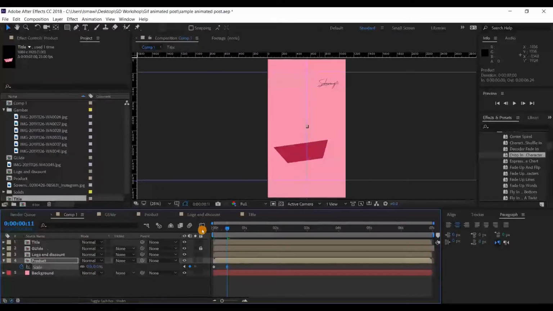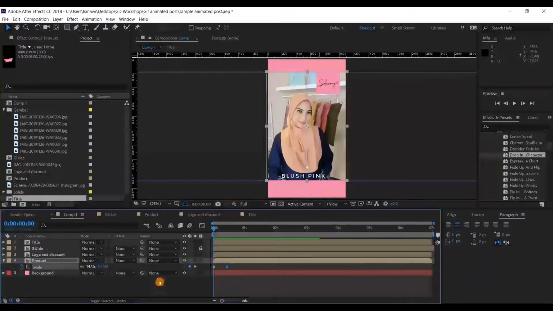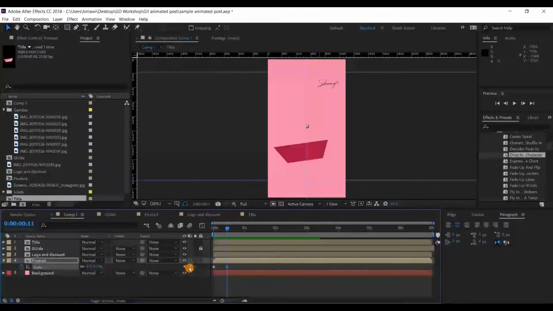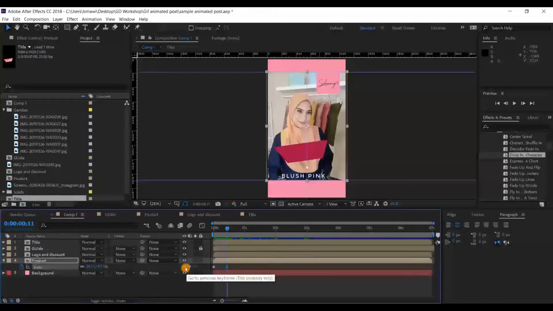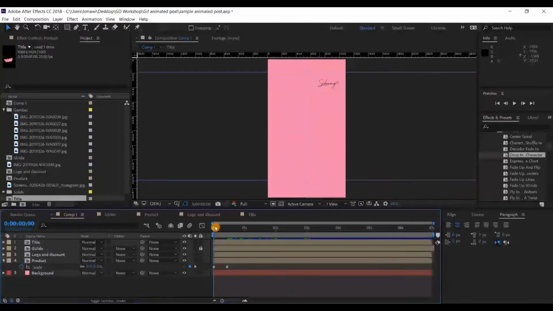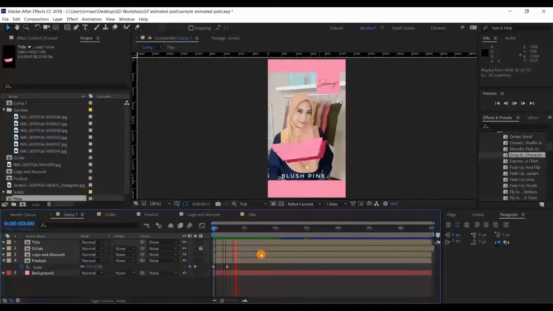So the animation will appear like this. I think I need to rearrange the value, so this one will be 14. Make sure the first keyframe for the scale of our picture, we change it to 0, so it will zoom out from nowhere.